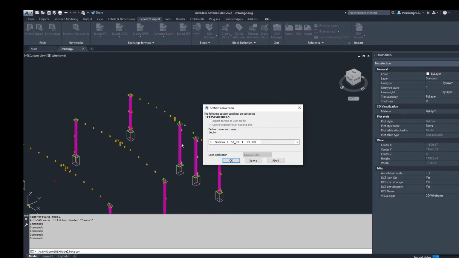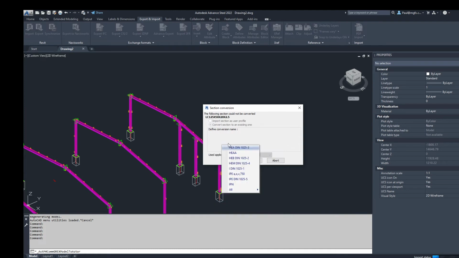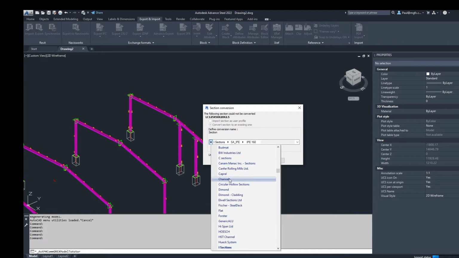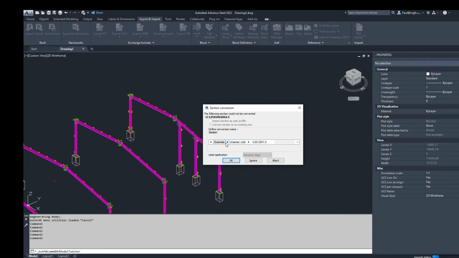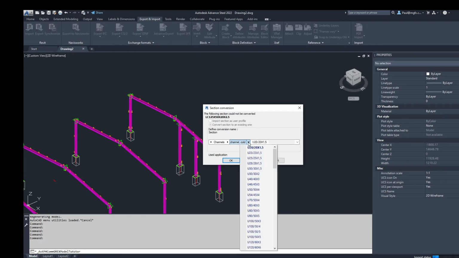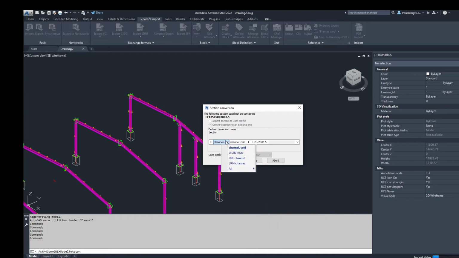Similar with the IPE 160. With the lipped channel, we might not be that successful, or I haven't been yet. Here we might look for something like a channel. There are other things that you can have a look through if you know exactly what you want, but there are also advanced workflows where you can bring very specific sections, even your own user-defined sections in. Now I'm just going to go with the channel, and I'm going to choose something that's closest to what I've got there, which is a 125 by 50. Channel cold. It's maybe a bit,